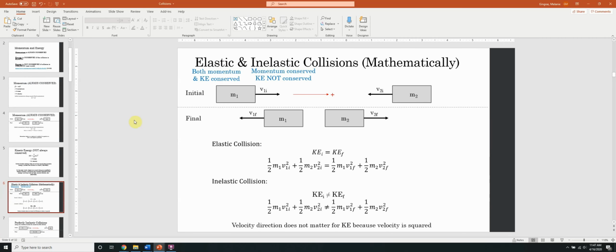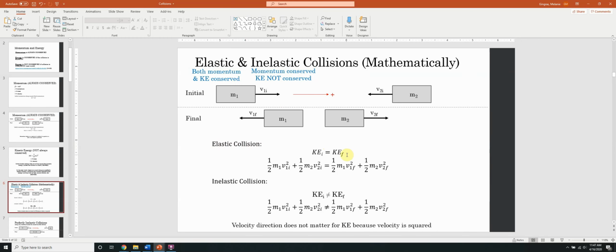These are the concepts we were just talking about. If we look at elastic and inelastic collisions mathematically, we know that both momentum and kinetic energy are conserved in an elastic collision, but in an inelastic collision, momentum is conserved, but kinetic energy is not conserved. So if you look down here with the elastic collision, you can see that KE initial is equal to